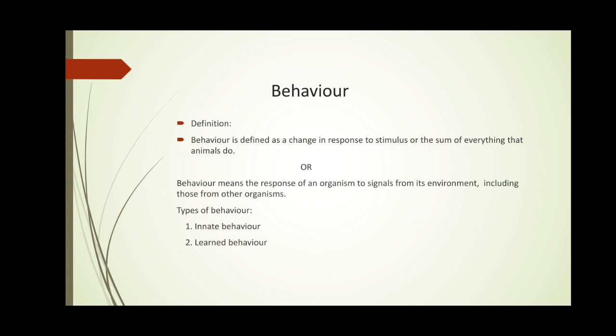Innate behavior is predetermined. It means it is the set of information that is already kept in your body or which is instinctively present in your body at the time of your birth. On the other hand, a learning behavior is something that an organism learns from its environment, from its surroundings, and from the social behavior.